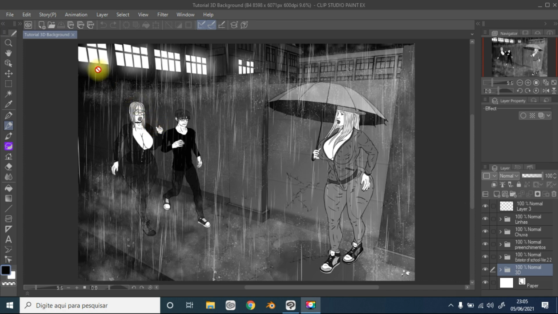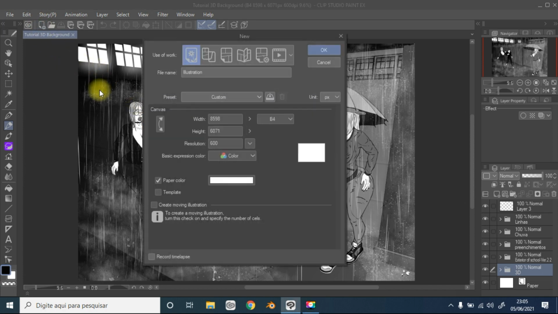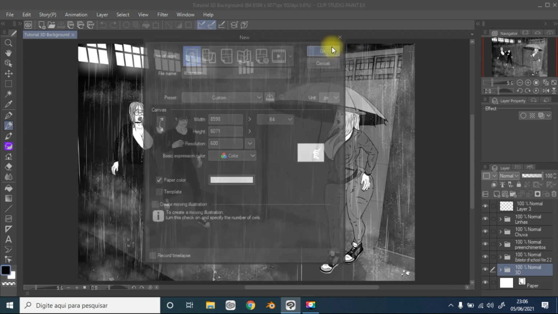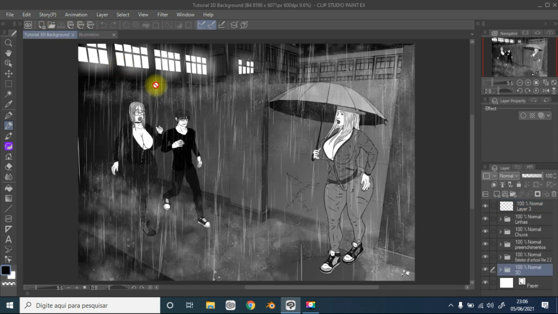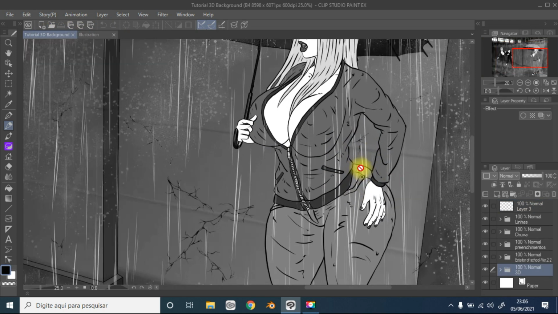So let's just create another canvas here, and this is an important point for me, because I use this size for the canvas and the resolution at 600 dpi. Let's press OK, and if you zoom the image here,